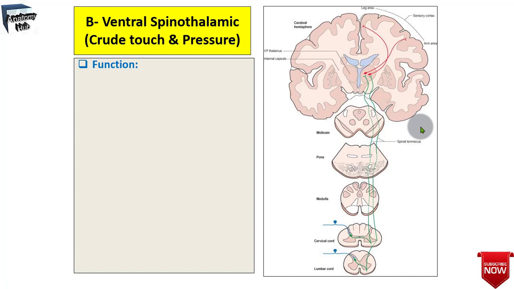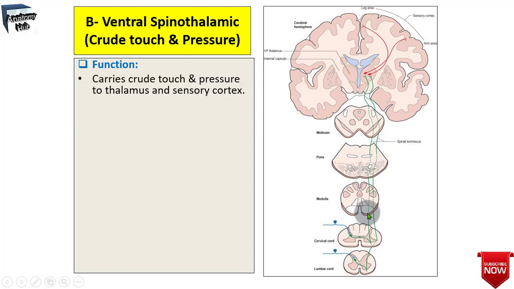They are also somatotopically arranged such that the sacral and lumbar fibers are lateral, while the cervical region fibers are medial. So this tract is responsible for pressure sensation, light touch, and